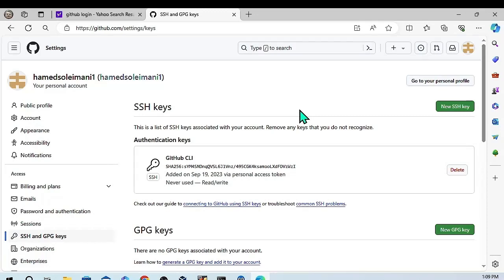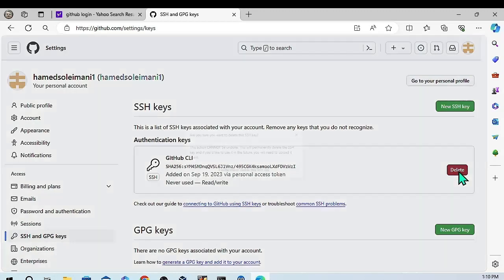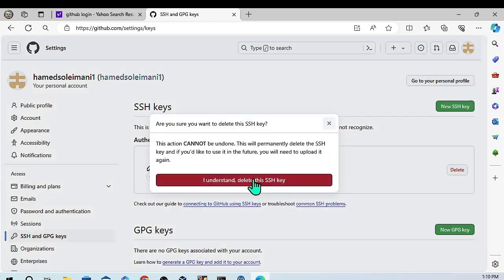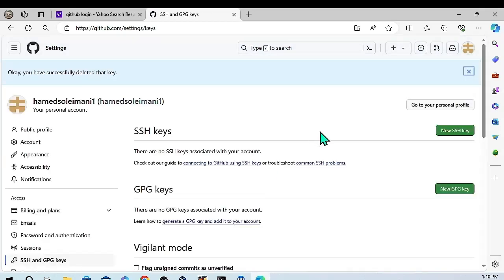So, okay, previously I used SSH keys in September 2023. So let's delete it. Don't worry about that. So, okay, now I want to get access to my, actually user one is going to get access to this remote